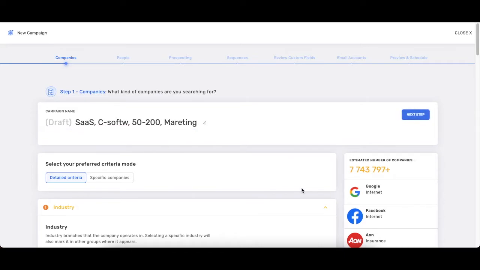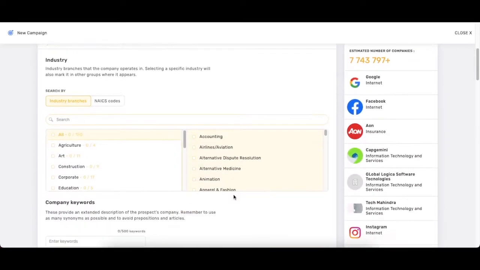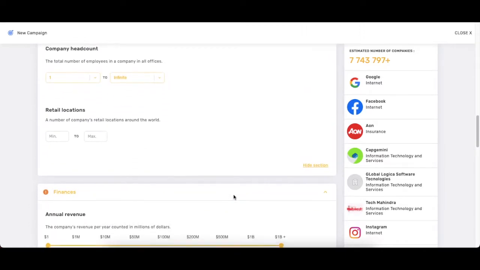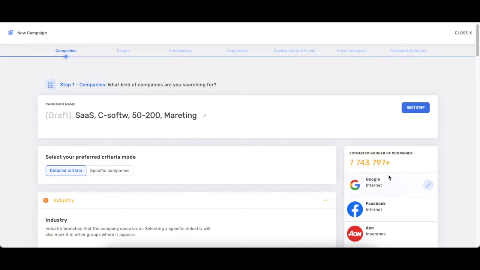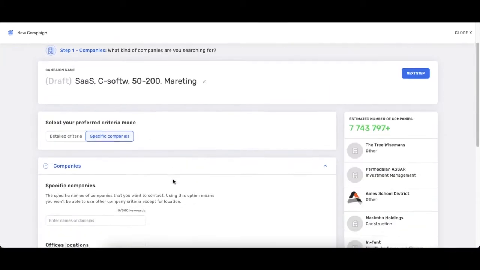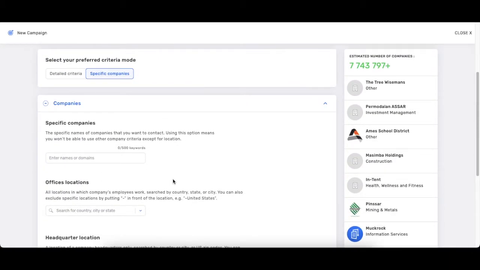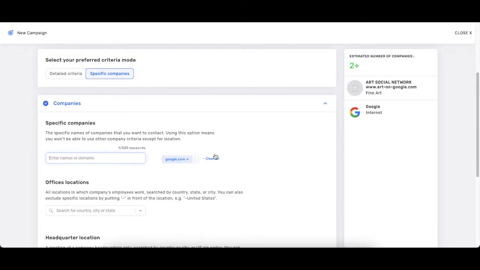On the first page, you'll be able to pick what kind of companies you'd like to reach out to. On the left side, you'll see all the filters that you can use, and on the right side, you'll see the estimated number of companies, and the number will be changing with every filter added. You can search for companies through detailed criteria or specific companies. For example, we can search for any companies with a Google domain, but today we'll definitely focus on the